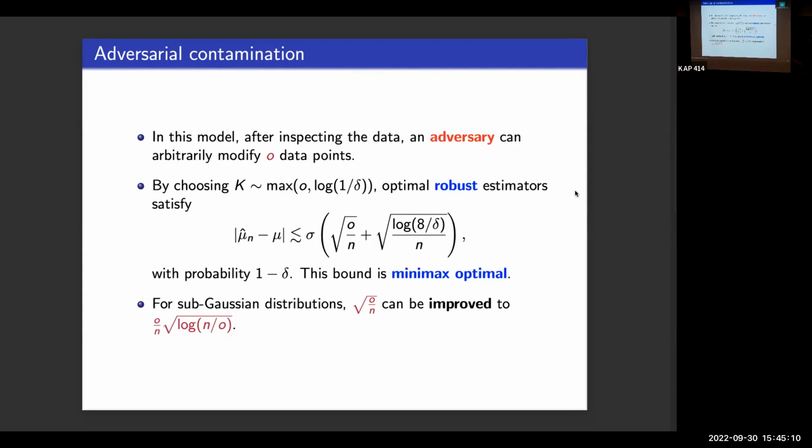So this is good, but again, I wanted to remind you here that this k should always depend on the number of outliers and the confidence level. So it's not completely adaptive, in the sense that you need to know O in advance. But again, you can do something like Lepski, like you said, if you want to be adaptive with respect to O. Usually you can make things work. But if you just want the basic method without Lepski adaptation, you have to know these 2 things in advance.